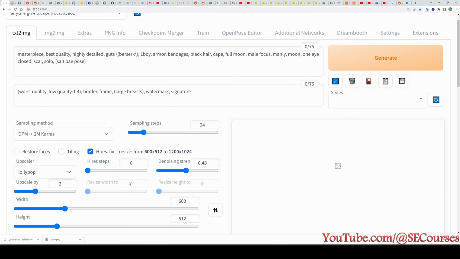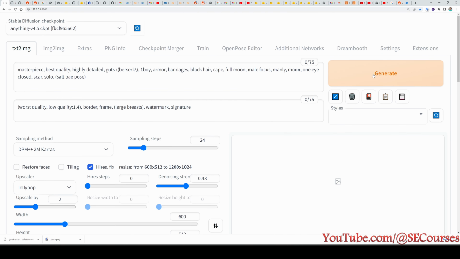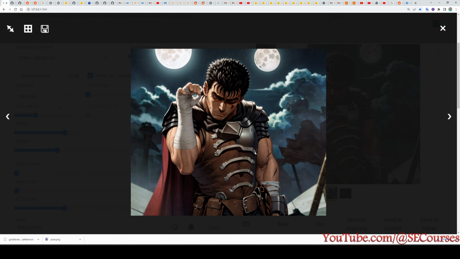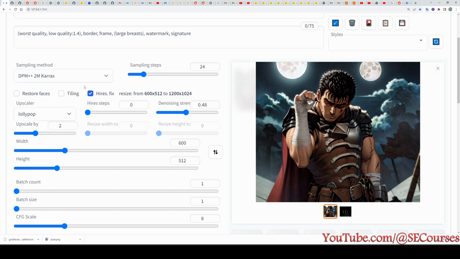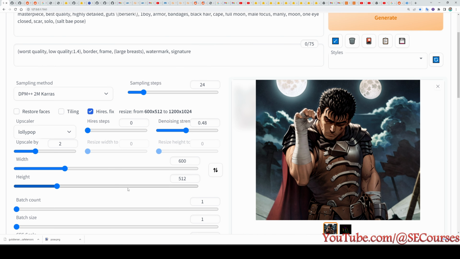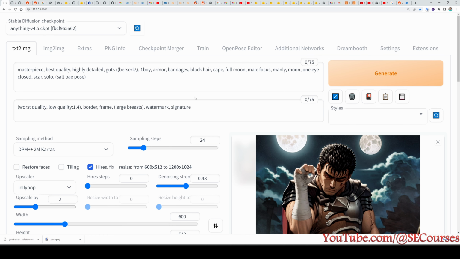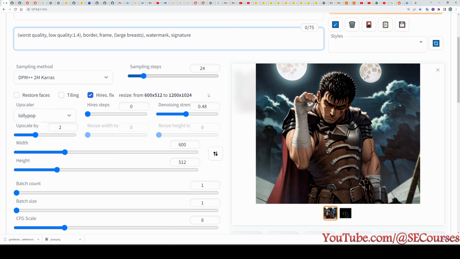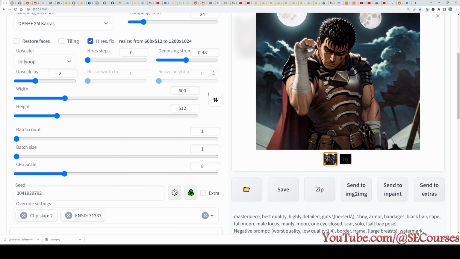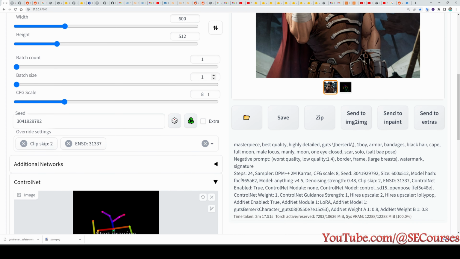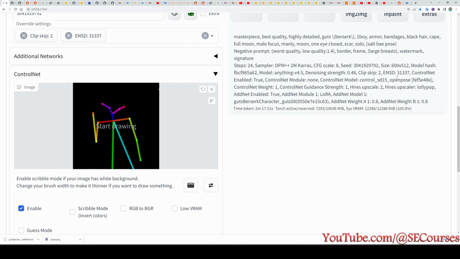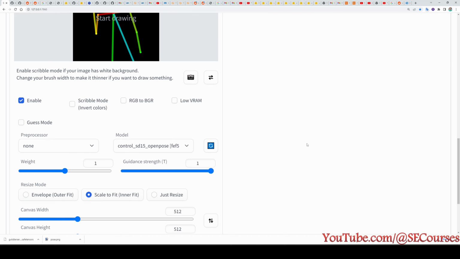Okay, everything is selected. Now let's retry the generate, and now we got exactly the same image, as you can see. By the way, this upscaler takes a huge amount of time with high-res fix. Consider that. And let me show you all of the settings by scrolling down slowly like this. So currently I am showing all of the settings used for this. There is clip skip 2 and other settings are displayed like this. You can see.